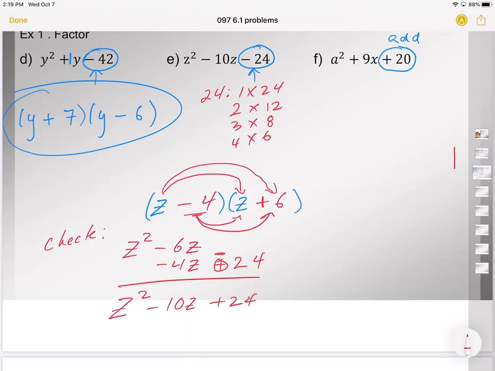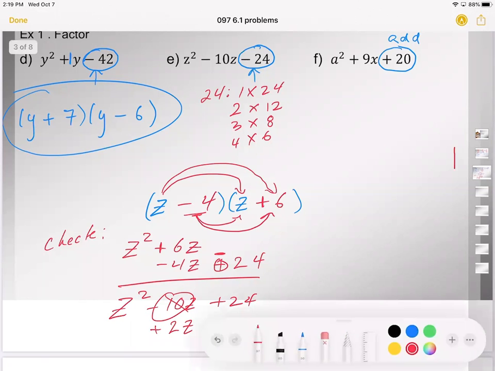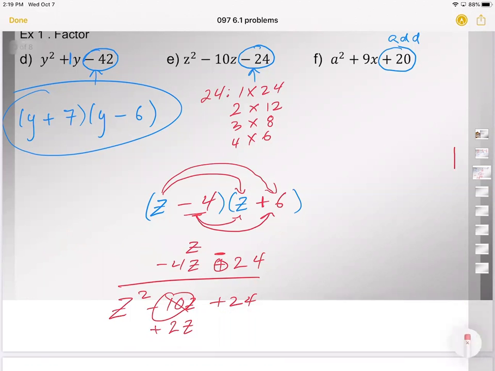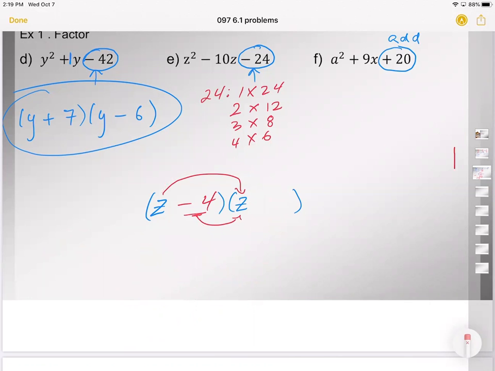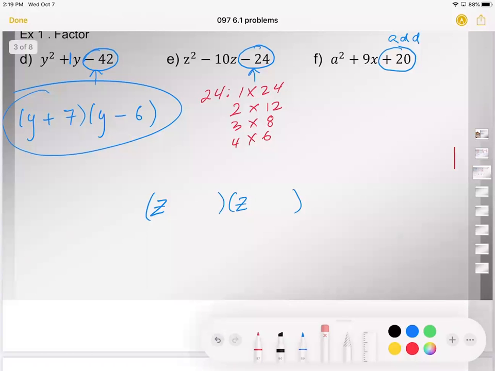But if you were to change that, this will be positive, then this item will not give you 10z, but rather than -6 and +4 or -4 and +6, you have to subtract them and keep the sign of the larger number. Okay, so the good thing about this, ladies and gentlemen, is there is only one combination, or they don't have any combination at all, and I will give you those problems in a bit. But looking at this, we know that the 4 and the 6 do not work out. Okay, so because we think in terms of subtraction,